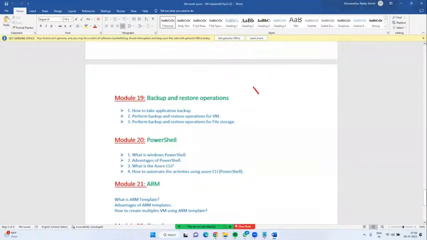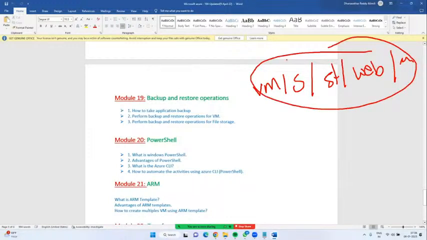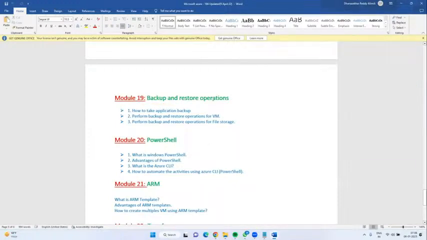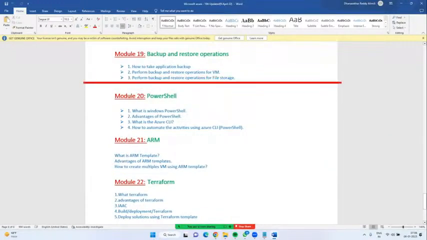I said, right, there is a virtual machine, there is a SQL server, there is a storage account, there is a web app. Okay, there are some other services. By mistake or accidentally, if they would have been deleted, how to restore all these services? That all we will see in backup and restore operations. Okay, yeah. Next, from module 22 remaining all, we will call it as